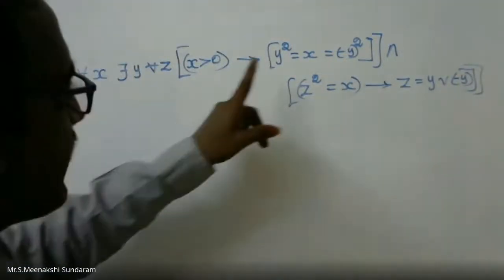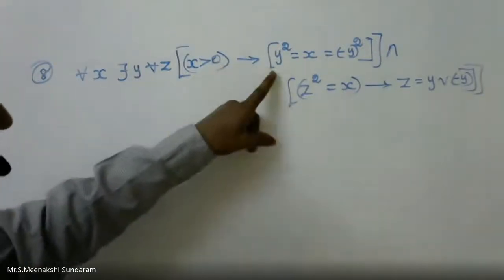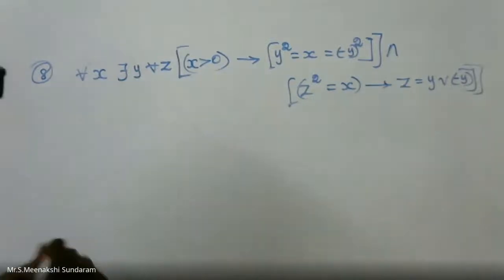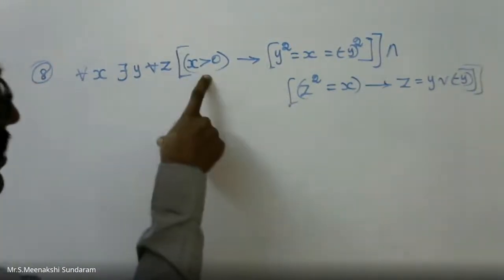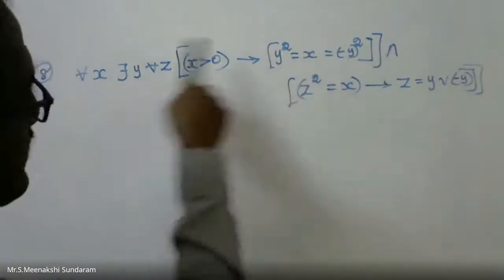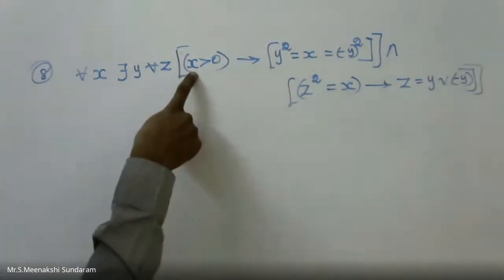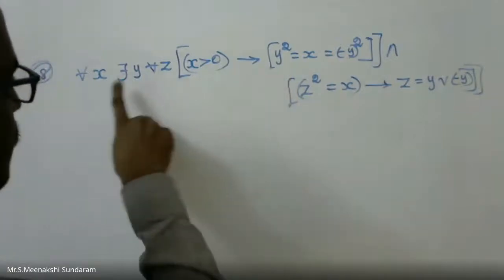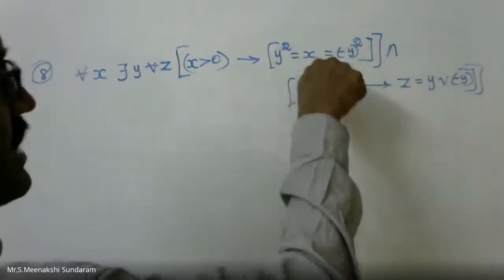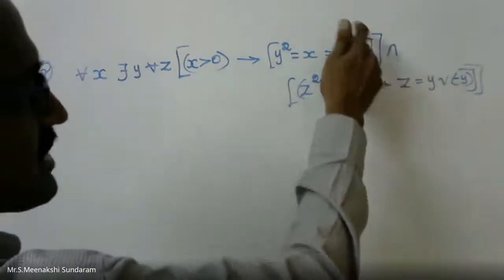Easily you can write: take a square root of x. The answer is plus or minus, so x is positive. For all positive numbers, once you square the value, there exists a y. Suppose I take x equal to 2, y is 4. Y is value 2 square, 4 will come. The y square value is 4, and minus 2 whole square also gives the same value.